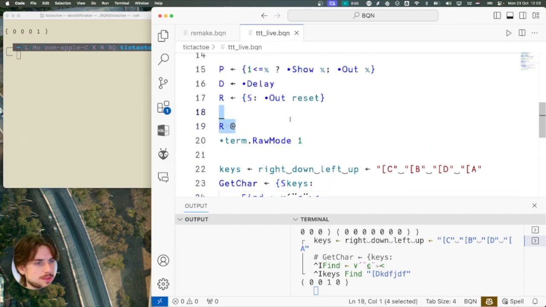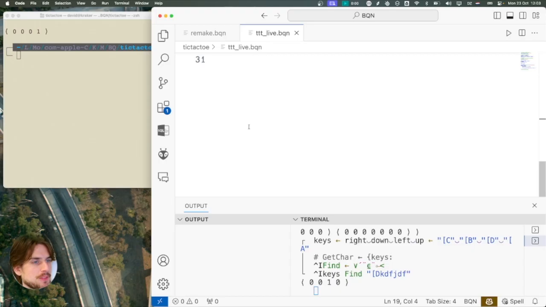So now we can output some stuff, get some input, that's perfect. Let's go on to the